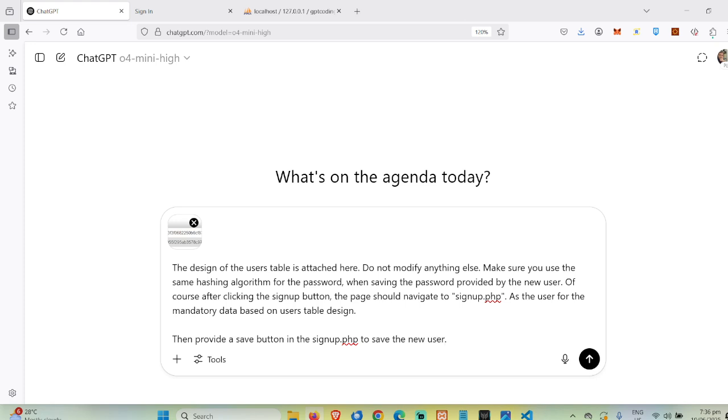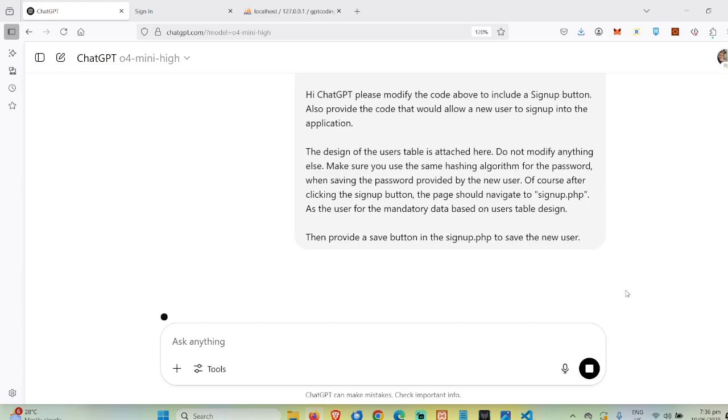Okay, let's not create any more instructions. Let's see if ChatGPT would be kind enough to provide a message that would welcome the new user. Okay, it's thinking. Let's see how fast.